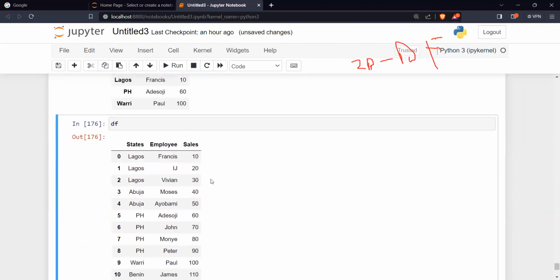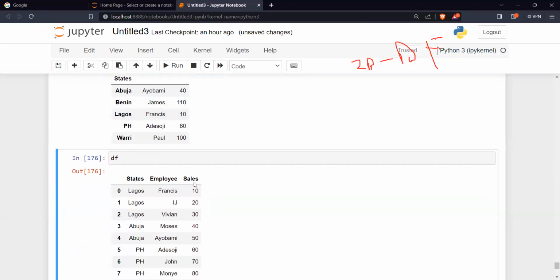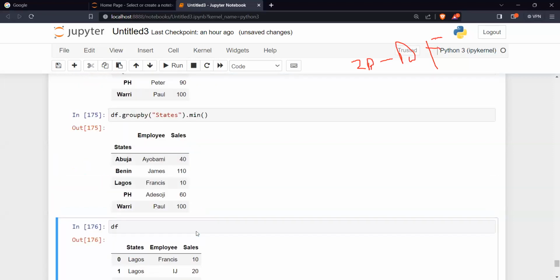So if I look through this data by states,